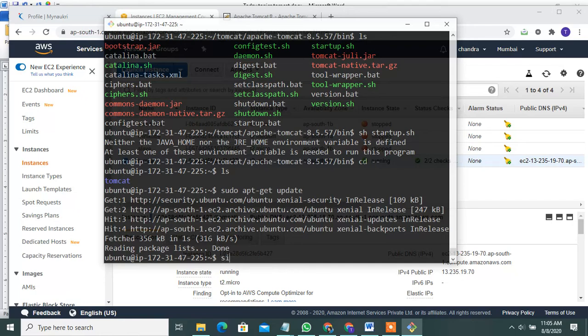Then sudo apt-get install openjdk-8-jdk.